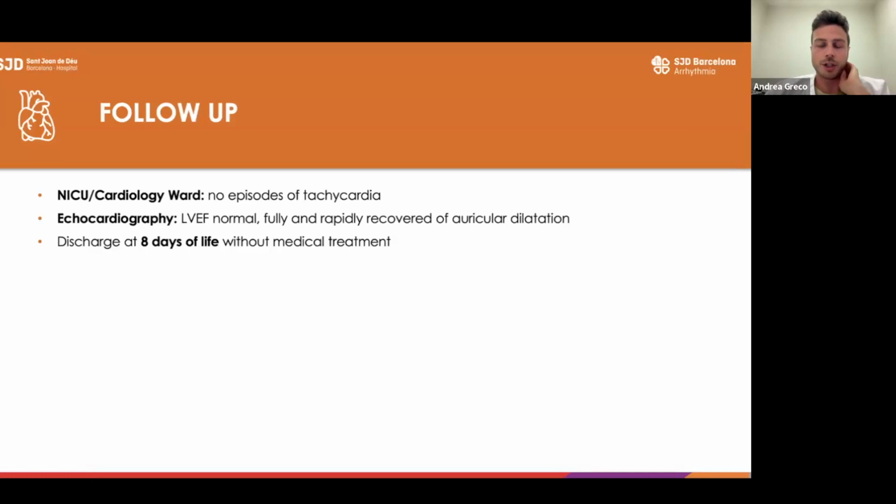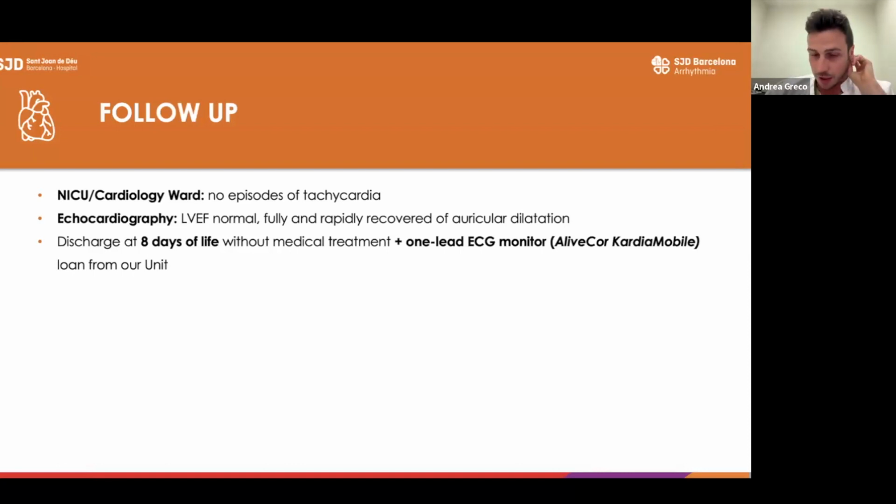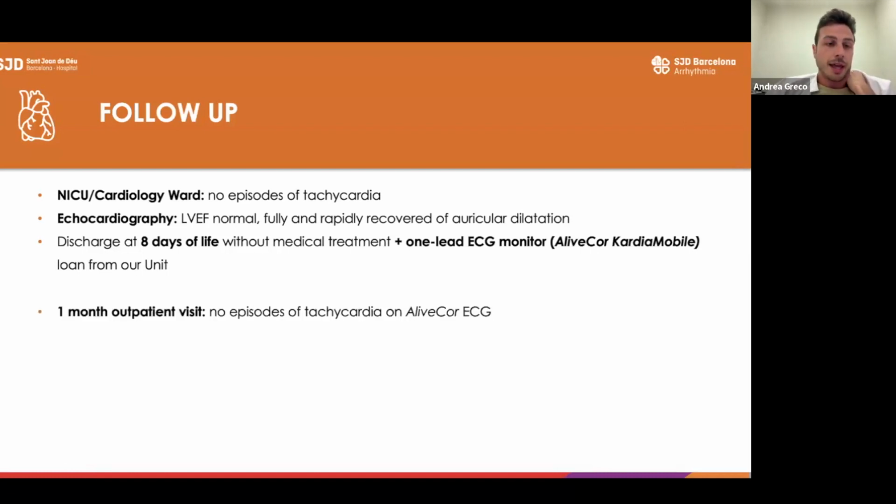So we discharge a patient at 8 days of life without medical treatment, and with a 1-lead ECG monitor, a LifeCore, loaned from our EP unit for the home follow-up. We will talk in more detail about this later with Miguel. And at a 1-month outpatient visit, we have no episodes of tachycardia on a LifeCore ECG sent by the parents,